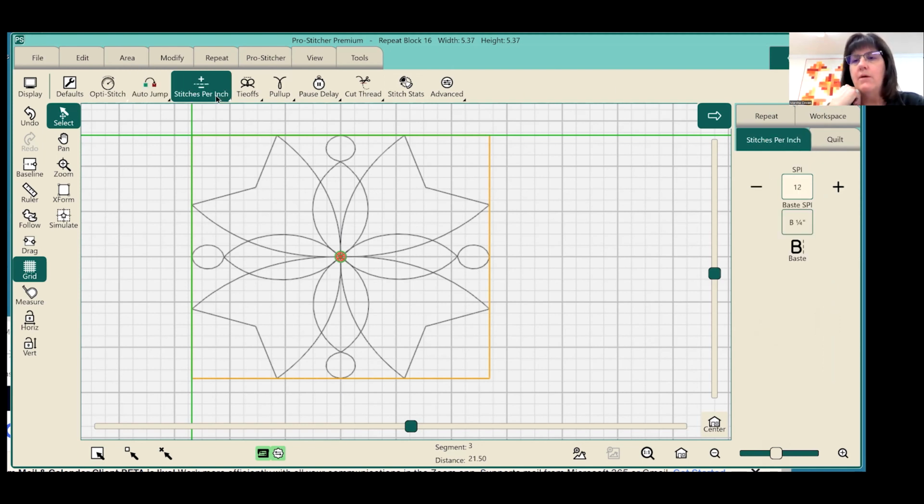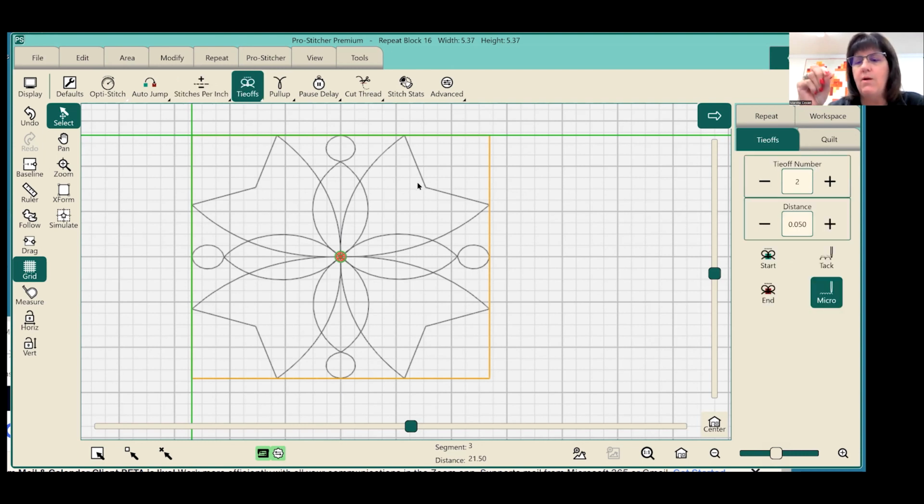Stitches per inch, your choice, 12 being harder to pull out than 11. 10 is easier to pull out. I personally stitch in usually 11. If I have micro quilting to do, I will go up to 13. My basting stitch is at 1/4 of an inch. My tie offs is how many times do I want that to go down to tie off. This one is set at 2. I might set it at like 4. I don't want a ton because I don't want